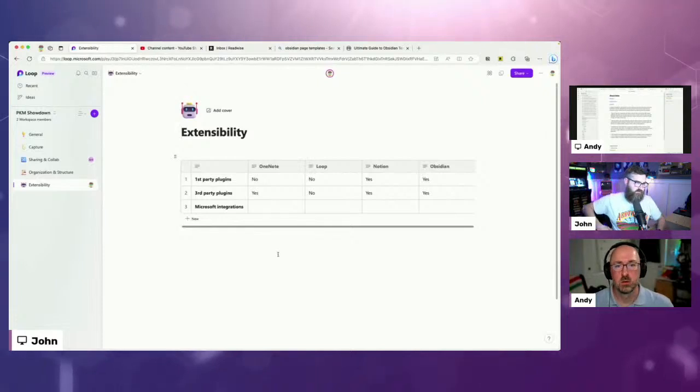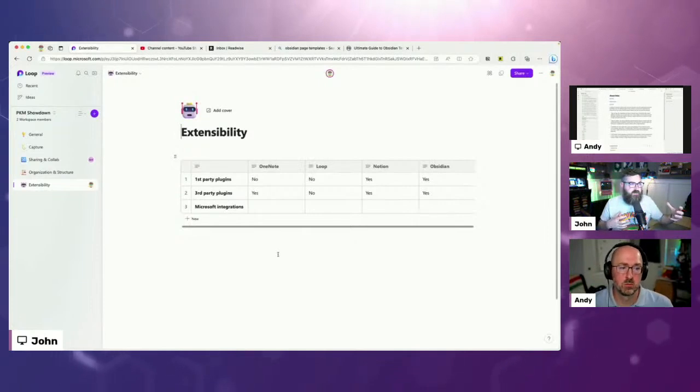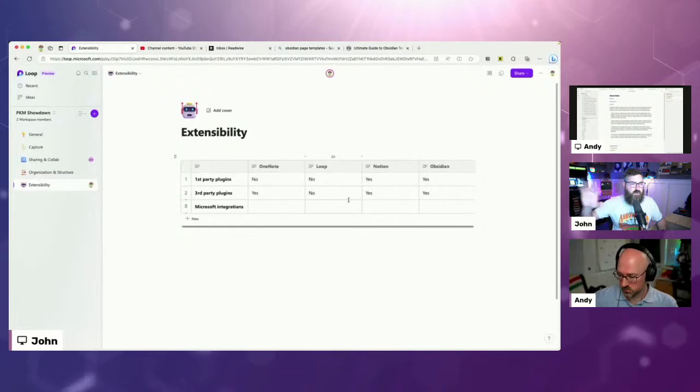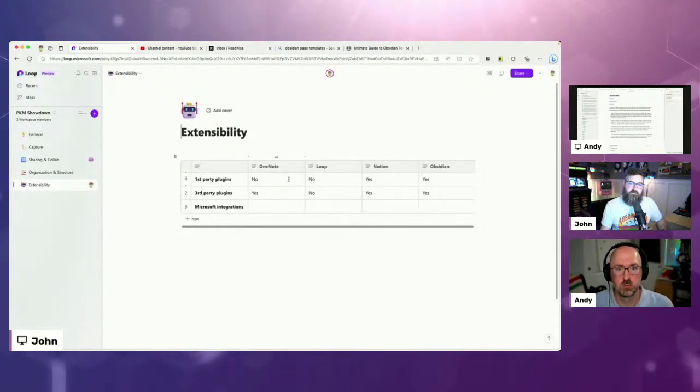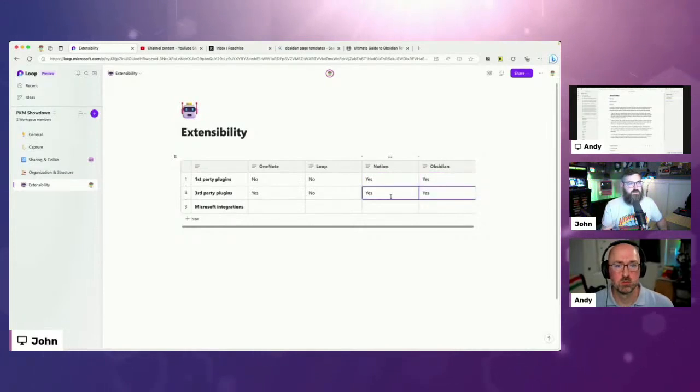Then the extensibility, when we get into how these things connect. You've heard us talking a lot about there's plugins for this, plugins for that. I haven't gotten into a lot of plugins personally, but I know that they're out there. So just as a quick brush on things, when it comes to Notion and Obsidian, they are actively developing their own first-party plugins. So there's a Google Drive plugin, a OneNote or OneDrive integration, stuff like that. Those are made by Notion, supported by Notion. And then there's also a community of third-party developers using the APIs to build plugins, and they either sell them or they're free on GitHub or whatever.